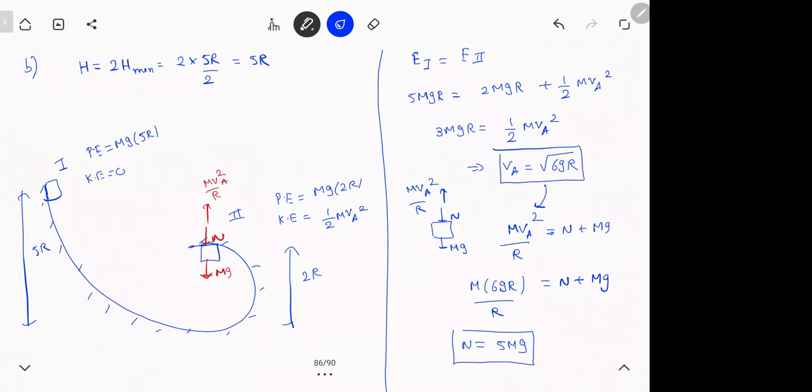If someone is asking to find the speed on some curved surface, any curve, it should click that I have to use conservation of energy, because on a curve it is very difficult to use force equations. Get it, put it down, have a look at this. Any step you didn't get, please ask me.